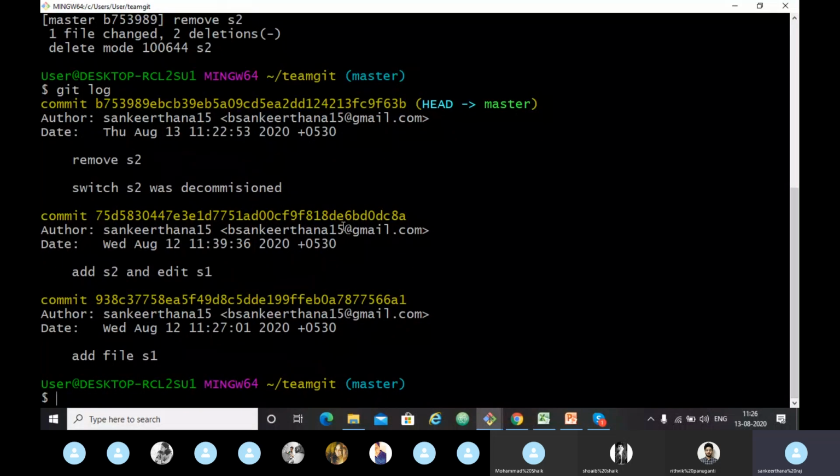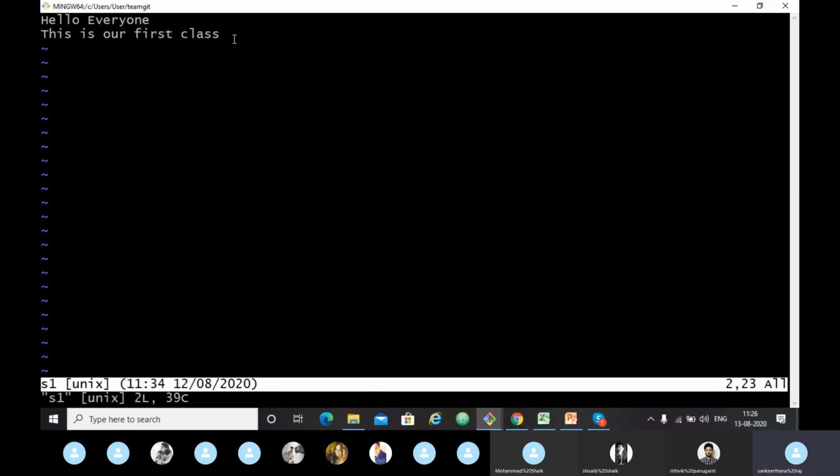If you want to edit a file, you just have to write vi S1. Here vi means open the Vim editor, and S1 is the file name we want to open. So we entered this message yesterday. You want to press I. Now insert mode is on.